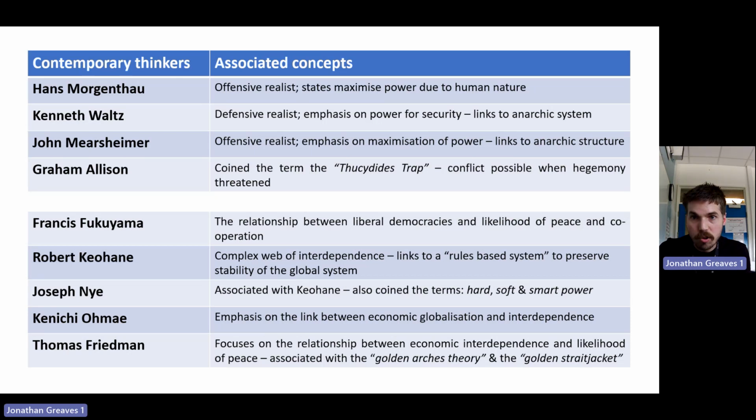Cohen, on the other hand, does not believe in an anarchic system. He believes in what we call a rules-based system. All liberals do. This is not exclusive to Cohen. But a rules-based system is the opposite of an anarchic system. An anarchic system is one where rules cannot really be enforced because there are no structures that can realistically enforce them. Liberals think that that's actually not true, and institutions can enforce this kind of rules-based system, and states do